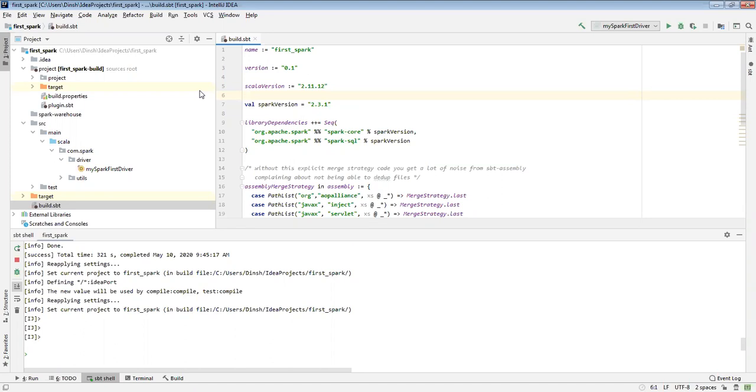Maximum 90% of the jars are available in Maven and the SBT repository. To use a jar, you need to add a dependency in your project. Whenever you create a Spark project in IntelliJ for the first time, you need to decide whether you are going for a Maven project or an SBT project.